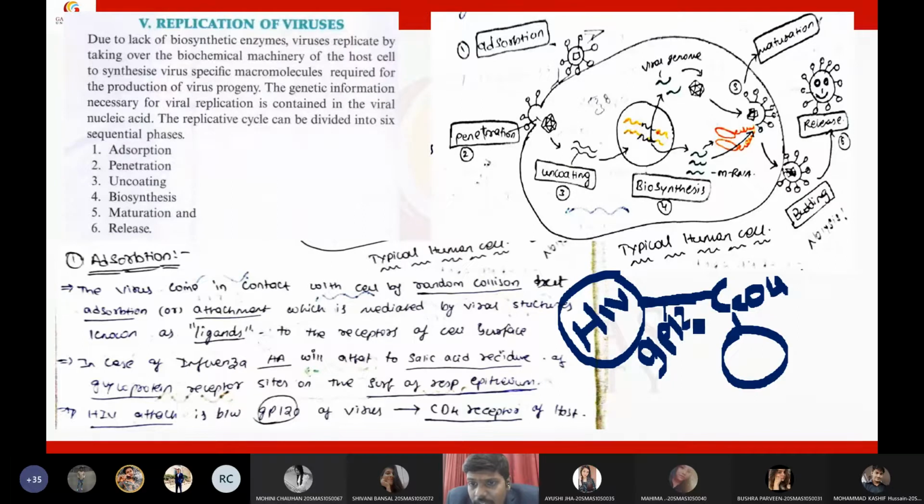So HIV binds to the helper T cell only with the help of GP120. GP120 is a viral ligand or viral receptor that is necessary for the virus to attach to the CD4 receptor of the cell. So now, if I want to treat the patient with HIV infection, I need to develop a tablet, a drug that will inhibit this receptor function.